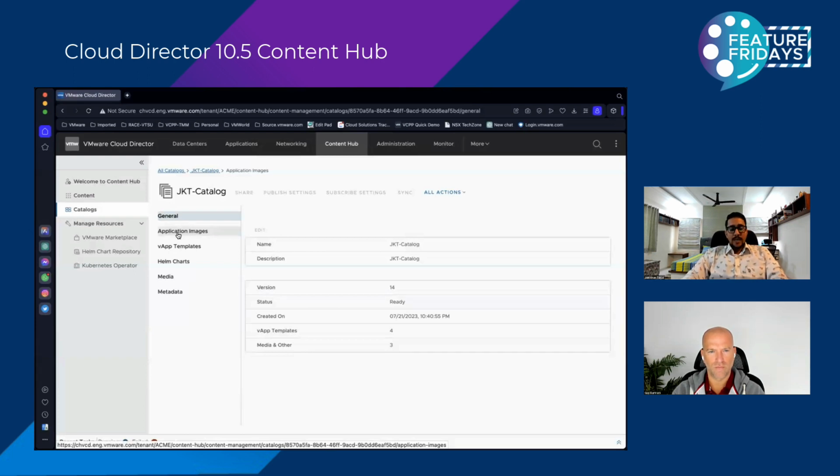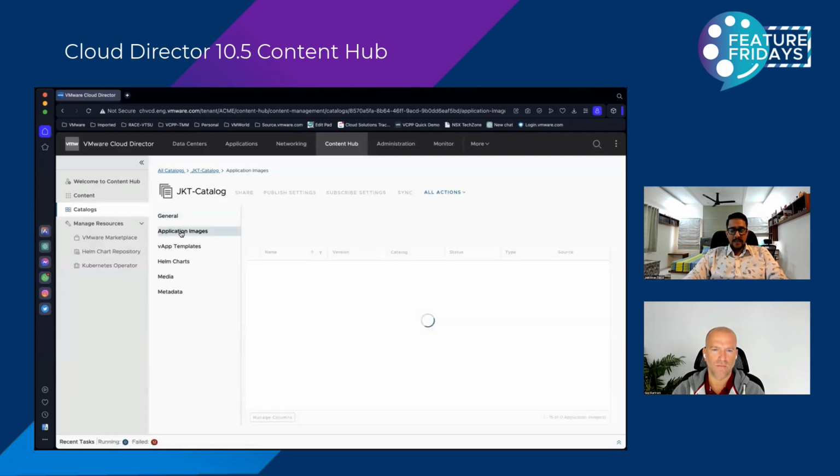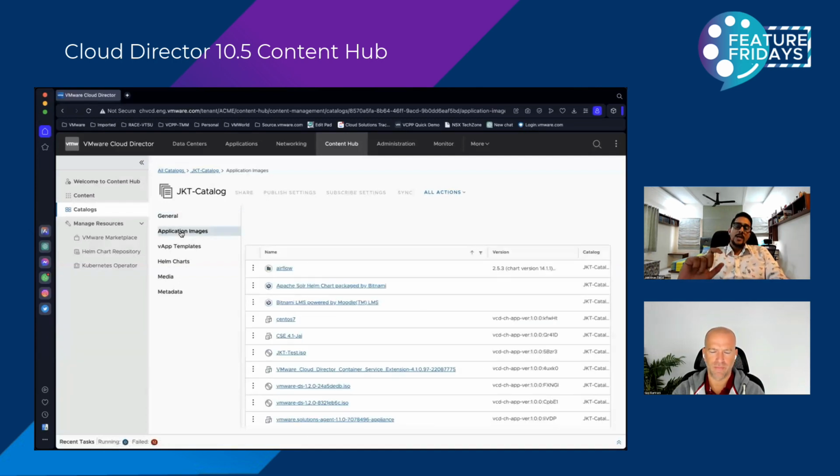Now, last thing to discuss around this topic is the publishing of the catalog and subscription of the catalog. In 10.5, though I have multiple versioning, I see that as a single entity under application images, correct? Yeah. Let's say now if my publisher is 10.5, subscriber is 10.4. 10.4 does not understand this structured versioning. So what will happen? Let's say if my template has 3 versions,